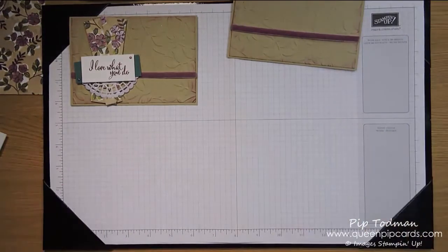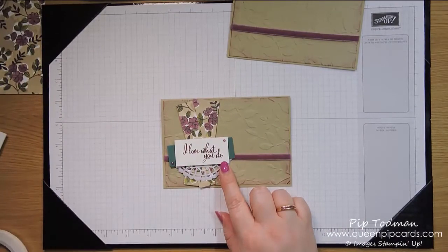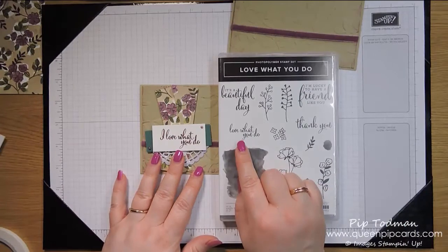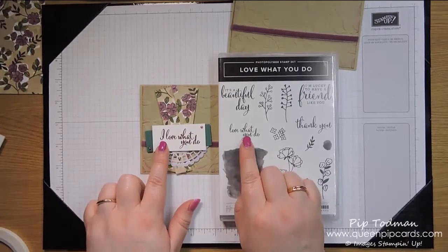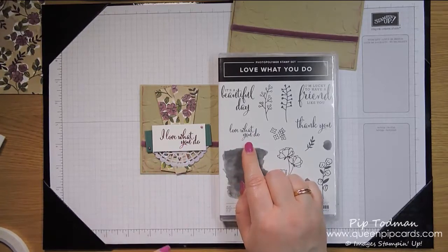Next up is my stamping. Now, you will notice, I hope, that this sentiment isn't actually in this stamp set. There is no "I love what you do," it just says "love what you do." So I have used the